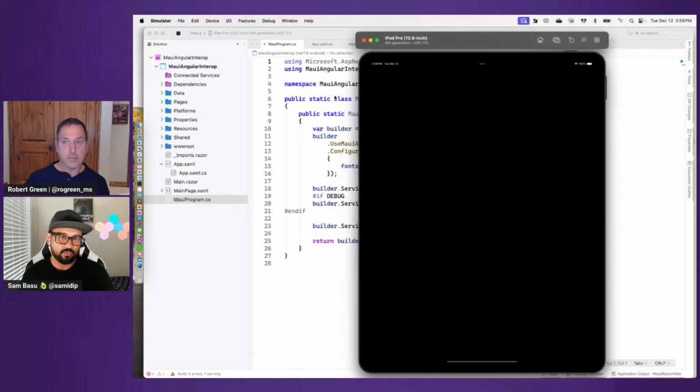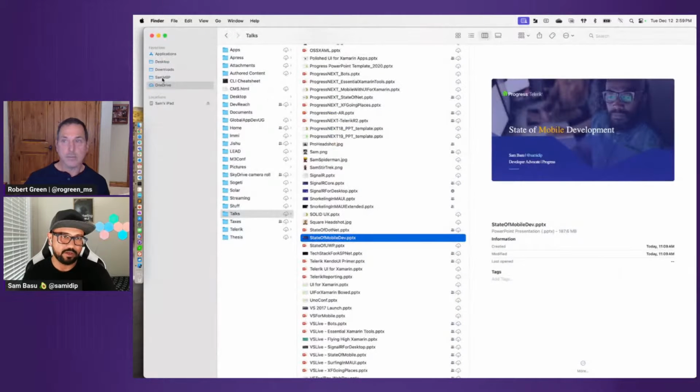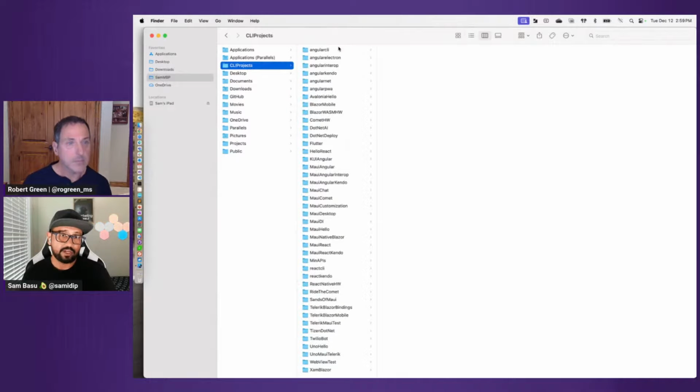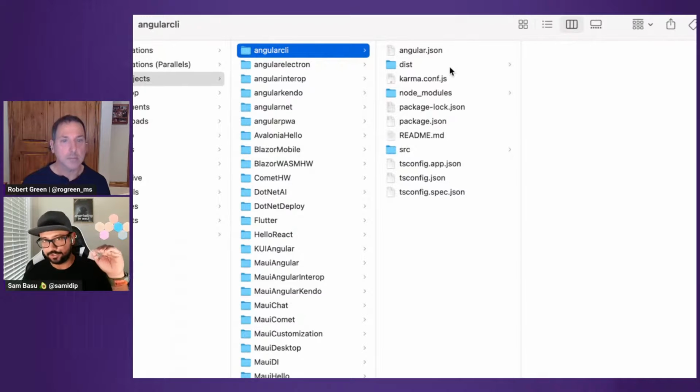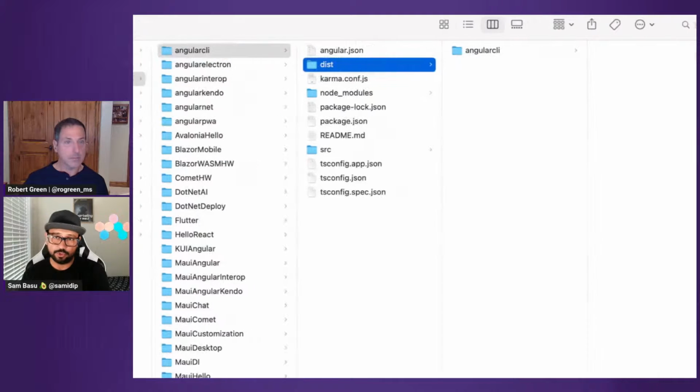But while it's doing that, what I wanted to show you was what is being done here. So if I go up here, I have an Angular project. So if I zoom in a little bit here, Angular project, Angular CLI. So ng new is how I started. Then I get a standard Angular app with all of its dependencies. Then it's ready to work in my web browser. However, I can do a build and I can make it ready. So I have a distribution folder here.